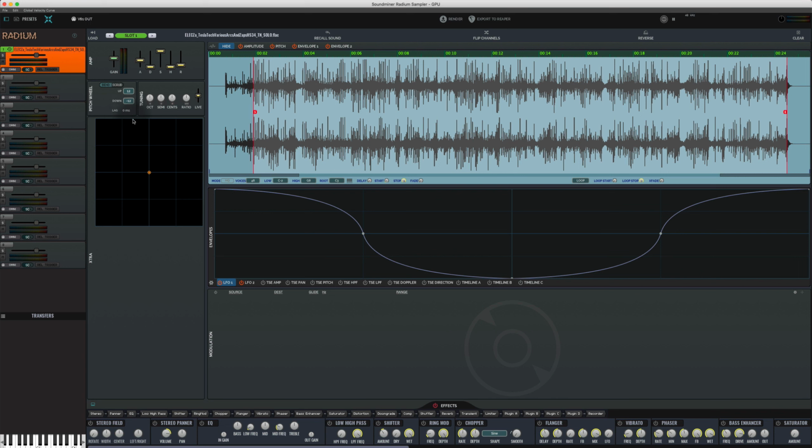Now we have the pitch wheel, and I have a pitch wheel here on my keyboard, so as I'm holding down middle C, let me reset my ADSHR controls. So this control here tells Radium how much to basically change the pitch when I move the pitch wheel to its extremes. So right now it's 12 notes up and down, basically an octave up and an octave down, but